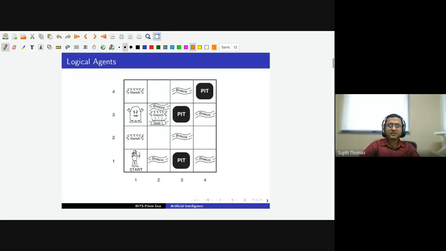So the working example that we will be looking at will be that of a Wumpus world. I just want to quickly know whether the explanation for propositional logic was in terms of Wumpus world in the logic in computer science course that you have done. So did you study Wumpus world there?